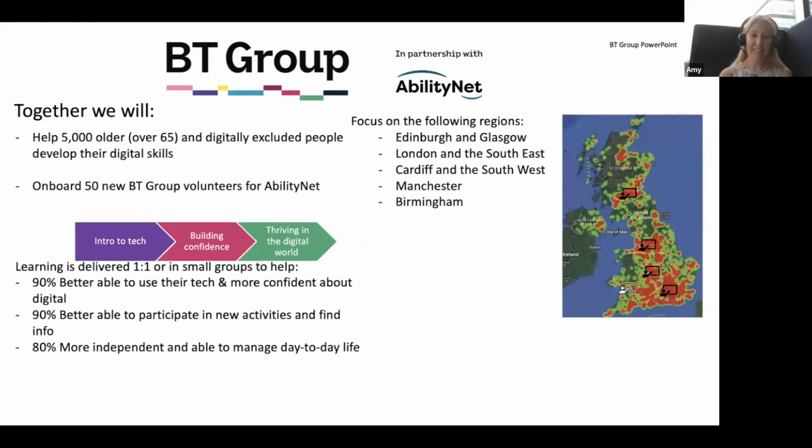Thanks. So we're working with AbilityNet, and we're fairly early days. We're just thrilled to have launched this campaign earlier in the year, but we've actually already extended and added a new location to the focus areas, which is really positive. So we're going to be onboarding new BT Group volunteers to support AbilityNet, particularly in the areas that you can see, so Edinburgh and Glasgow, London and the South East, Cardiff and the South West, Manchester and Birmingham, but all over. If we have a BT person somewhere not in one of those locations who wants to get involved, we're absolutely encouraging them as well to bolster the fantastic